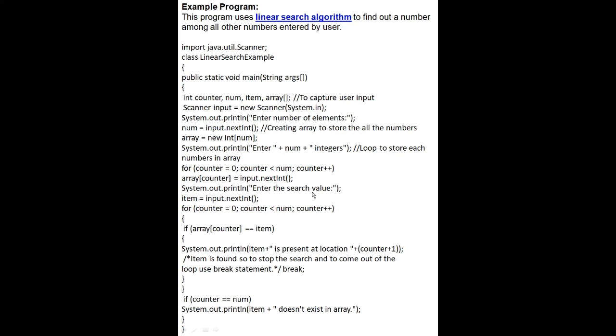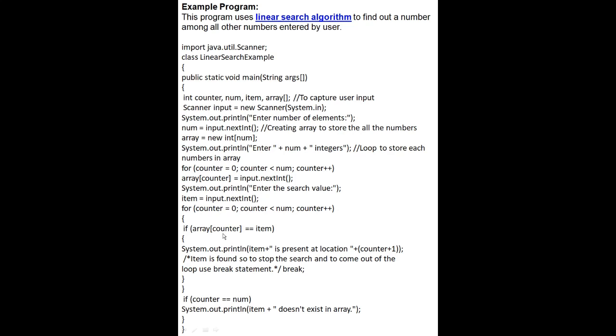System.out.println enter the search value. Now we will enter the value which we want to search in the array. Then we write the data type; because we have taken the num array elements in integer form, item is equal to input.nextInt. For counter 0, the next loop will start with counter plus plus.